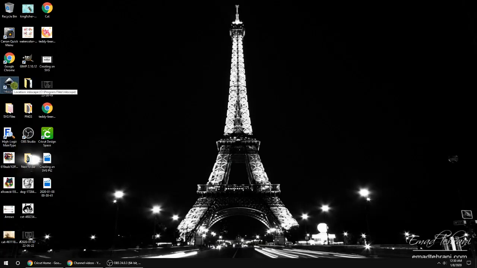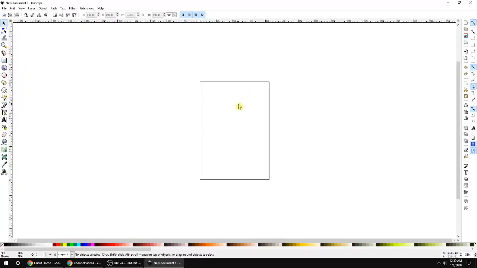So we're going to open Inkscape, and from here you guys know how difficult it is in Design Space to work with cursive fonts. It is just a big pain in the butt. Cricut really needs to fix that altogether. It's just terrible. So let's use the font text option over here, the big A. And we're going to click and let's type out